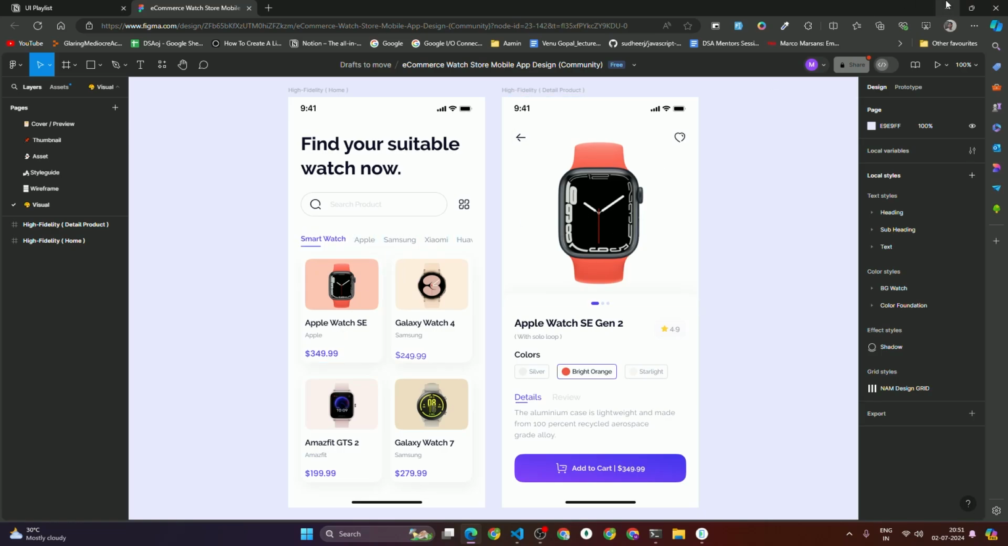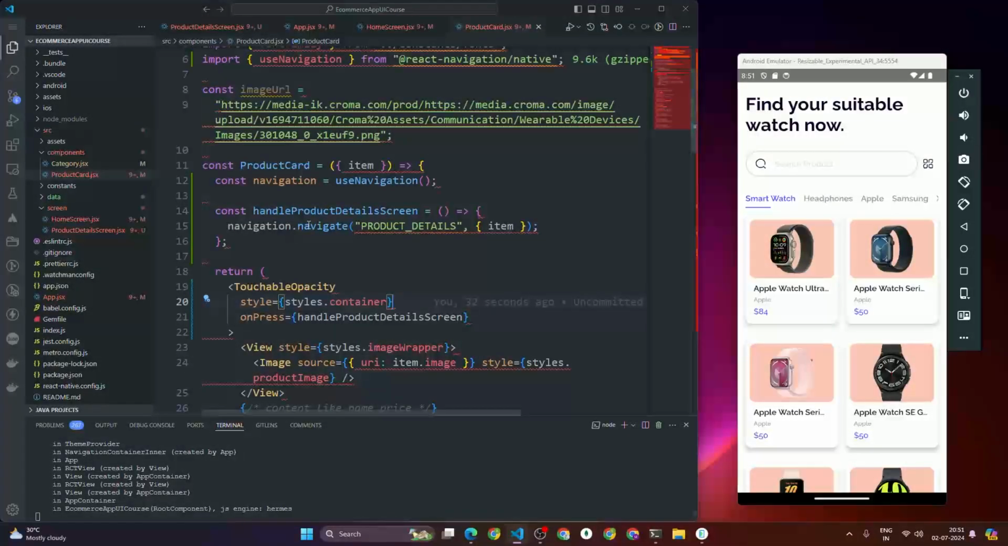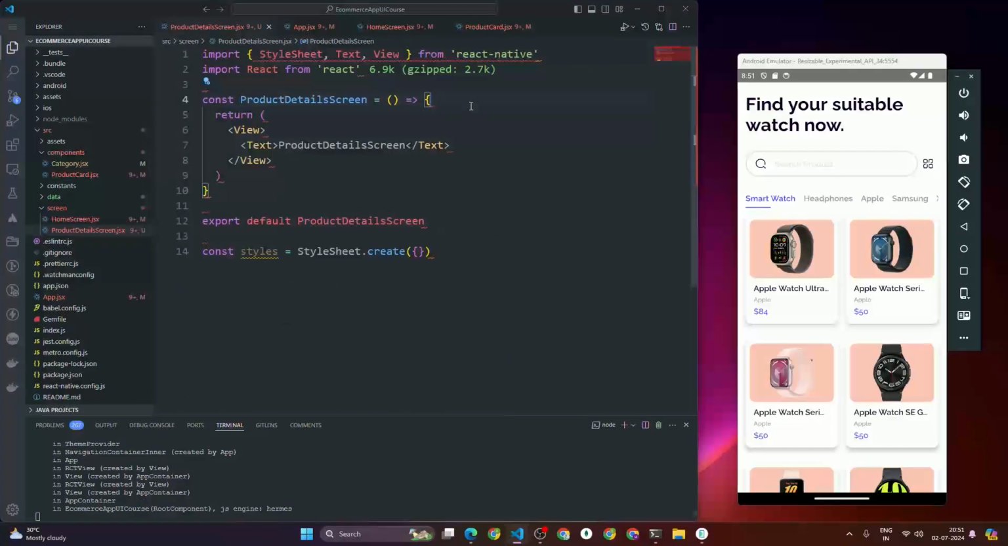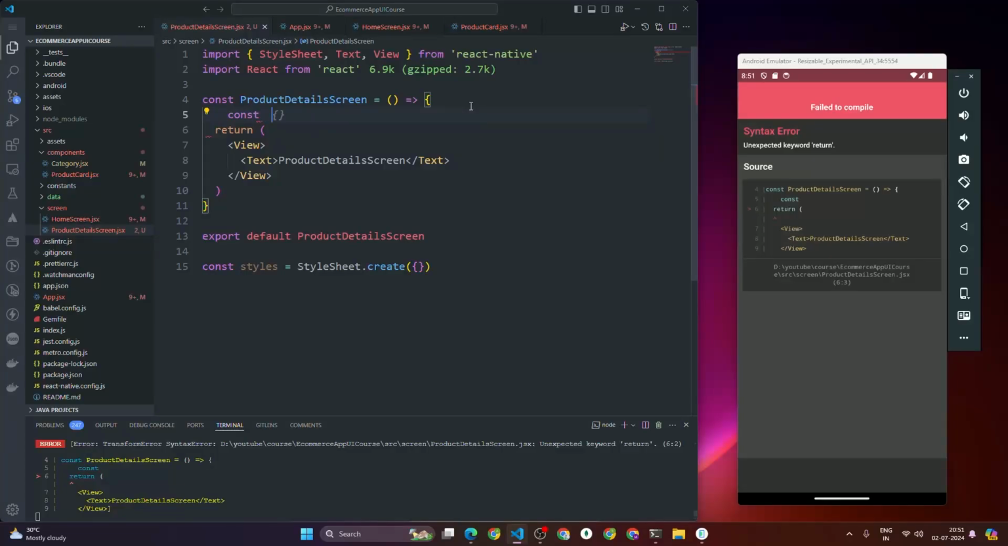Okay, so for that I'm using the useNavigation hook, and inside navigation.navigate, in the second parameter I'm passing the item. Now after that let's go to the product details screen, and here I'm going to write one hook that is called, I think, useLocation, maybe